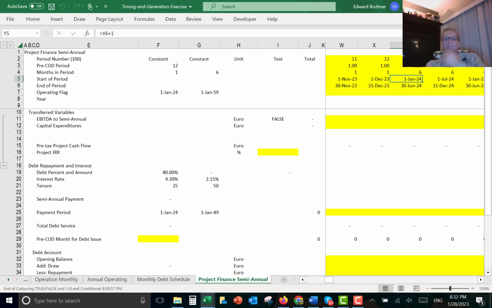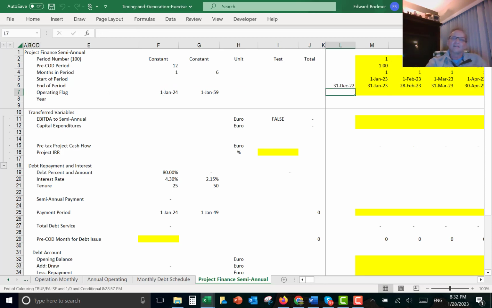And as soon as we hit our famous COD date, we hit it here. And this time we're going to have a payment of the debt in the end of this period, and in the end of this period, and in the end of this period. And we should basically get the same answer as we got with our other method. I'm almost afraid right now to check it, but now let's, as usual, put an operating flag,